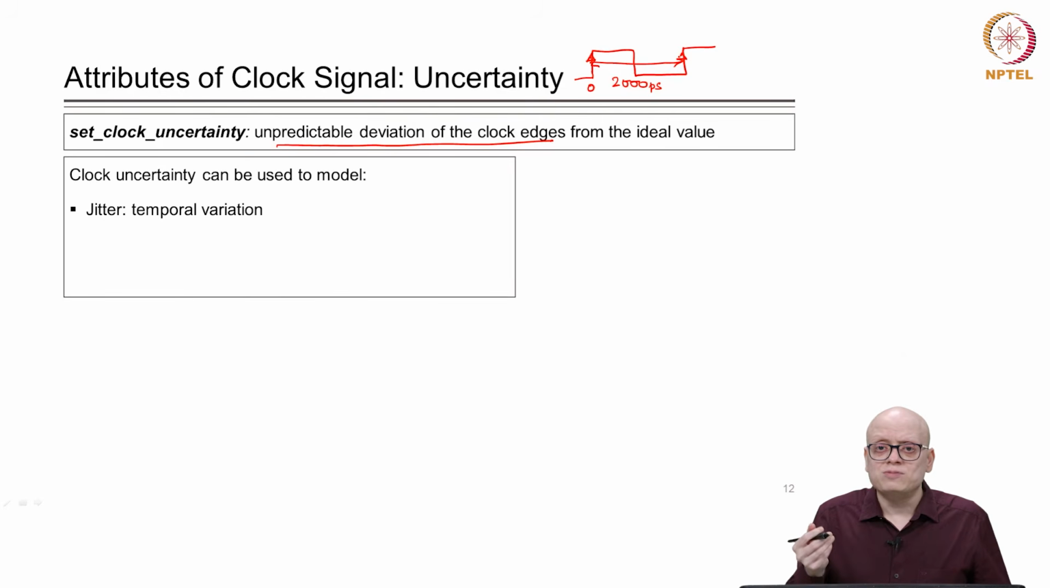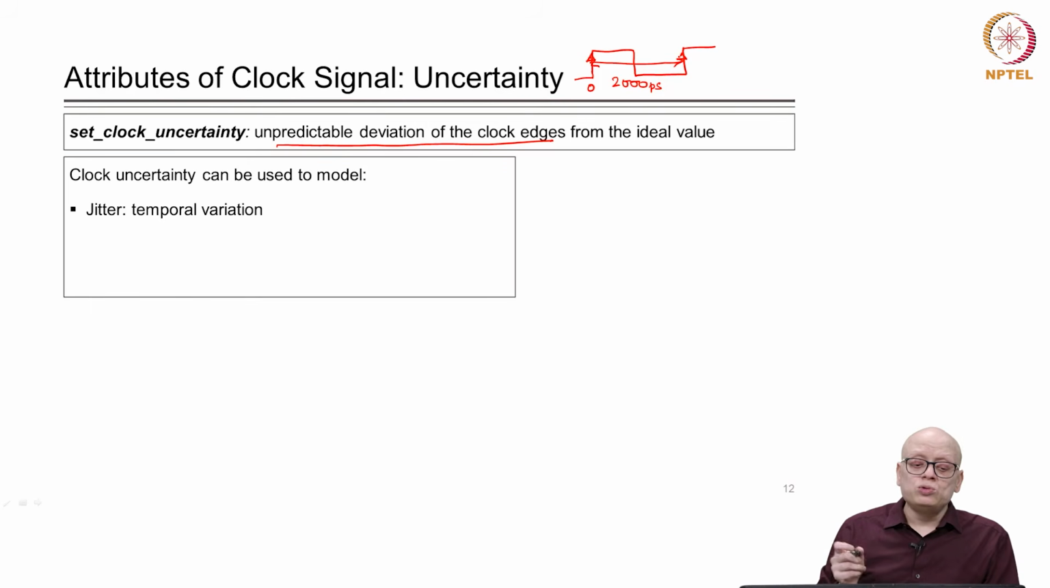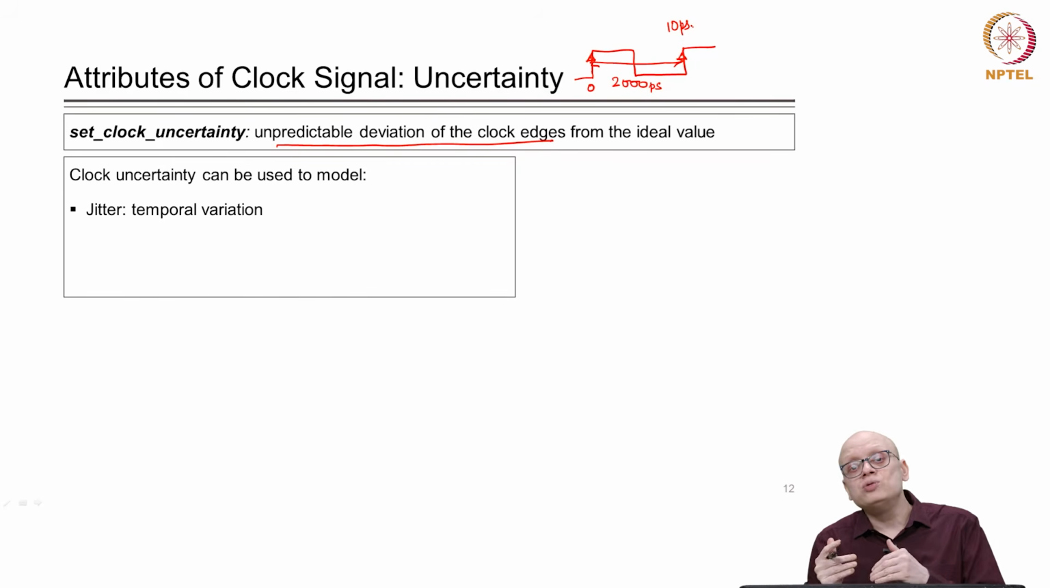But because of jitter, what can happen is that this time period may be slightly less or more for various clock cycles, right, because these are temporal variations which are unavoidable. So, to model this, we use the command set_clock_uncertainty, and we say that 2000 is the ideal time period, but there is an uncertainty of say 10 picosecond. It may be less or more than that. Then the tool will use a more pessimistic approach of the time period to compute